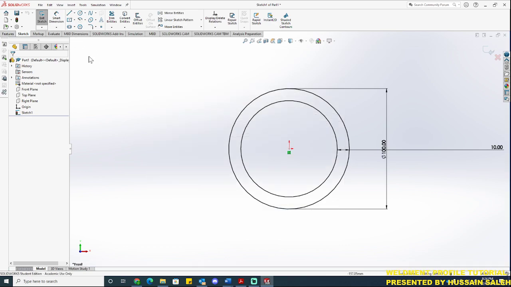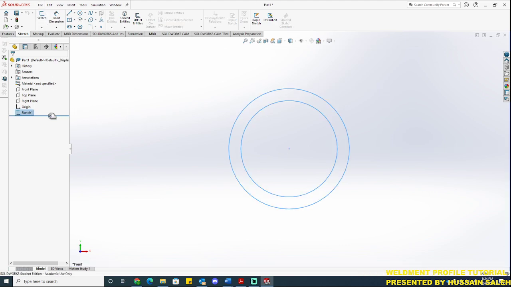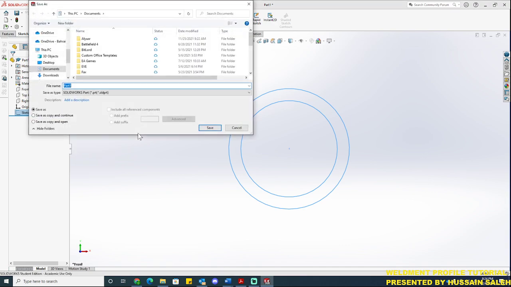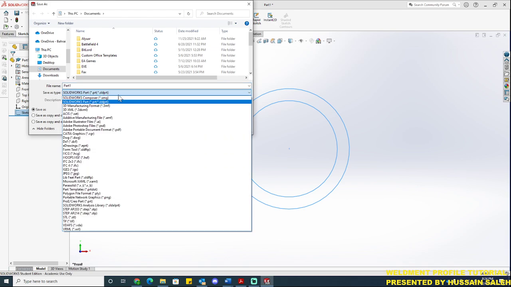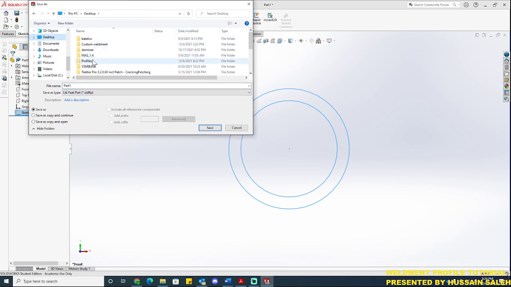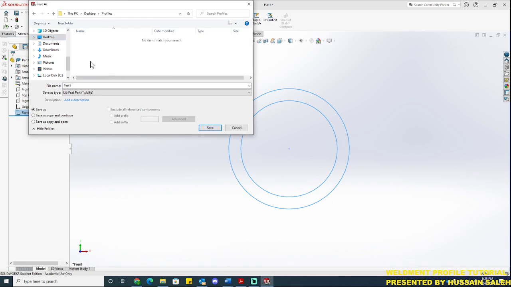The next thing you want to do is exit the sketch, and once you do that, make sure the sketch is selected in this pane. Once this is selected, just go to File, Save As, select first library feature part, then go to desktop to where we saved the file, open the Profiles folder, then you